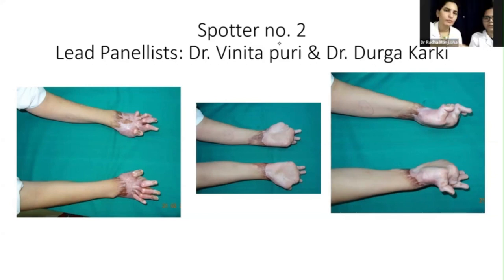Proximal to the MCP joint. 2 centimeters proximal to the MCP joint. Why do you take the position proximal? Ma'am, so that after release, the graft is on the dorsum and it does not come over the joint.